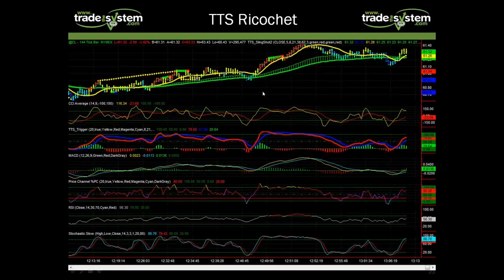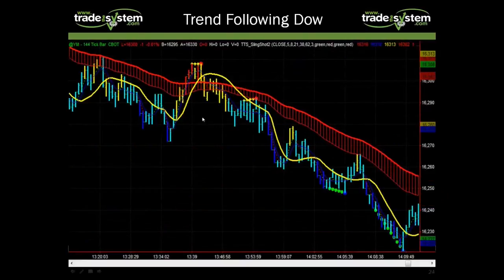But if you're trying to make a day trading decision or a short-term swing trading decision, you want to make that in the most efficient manner possible. So you can load up all the oscillators and try to spot which ones are giving you divergence, or you can just have these little dots show up, and I'll show you how to get those dots in just a second. But here's an example of the Dow on a 144 tick chart, and this is the start of my